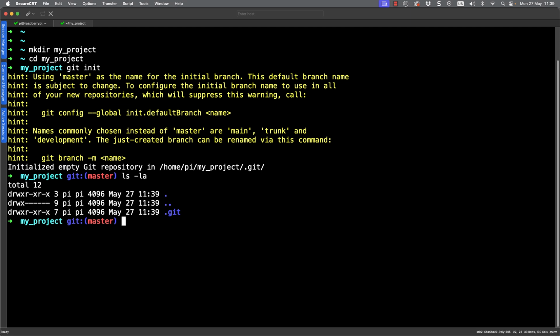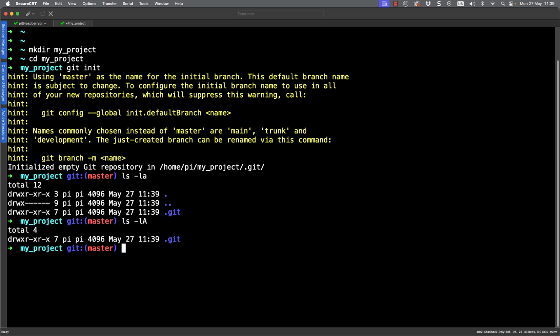When I go through and list the directory, so ls -la, we can see then that we have the dot and the dot-dot directory and .git. It's .git that is my database. But I can go through and use ls -A, uppercase A, if we don't want to see those pesky little dot and dot-dot directories, so we can focus on that .git directory, the hidden directory that contains all of my repository information.